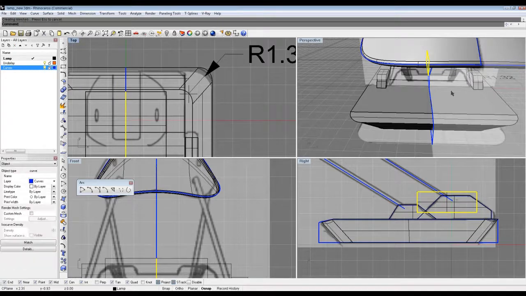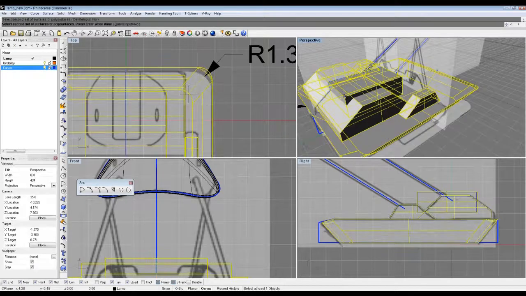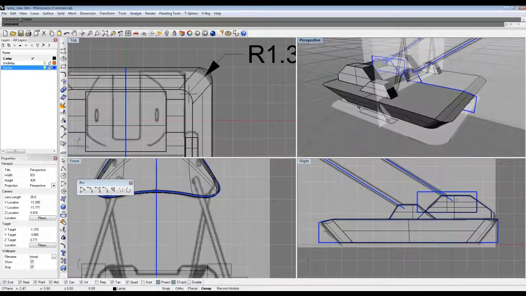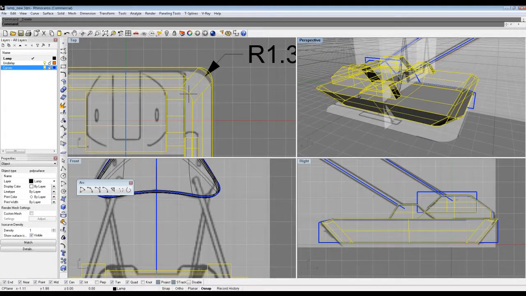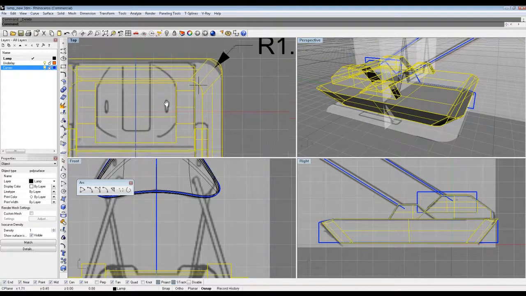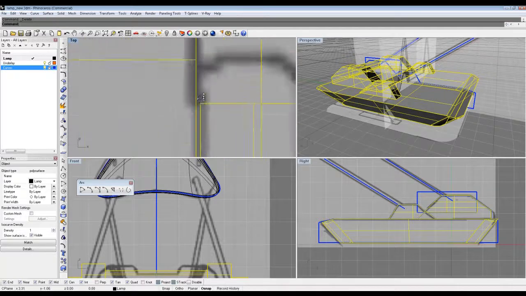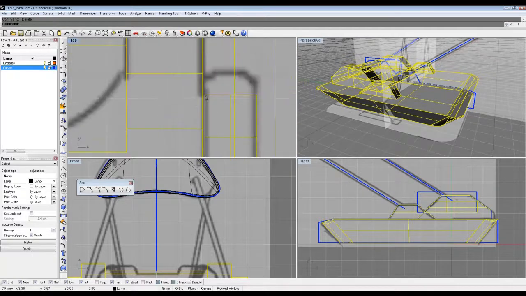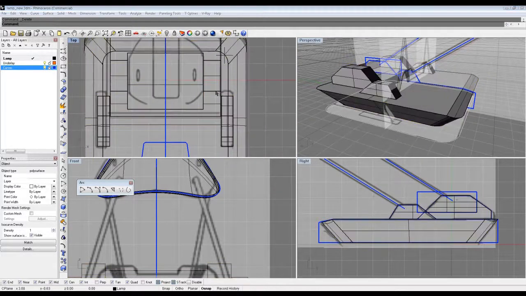And then Boolean that out. We'll take that. All right, that's a little closer to what I had. And the other thing is we've got too close of a gap here for the fillets to work. So what I'm going to do is actually,